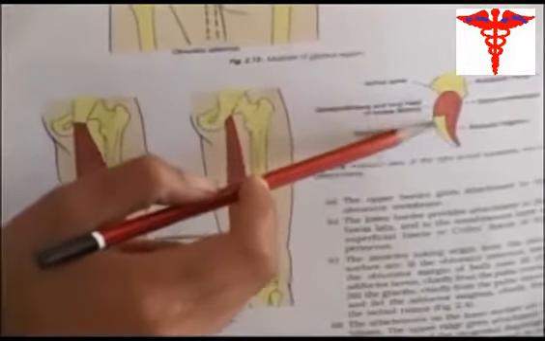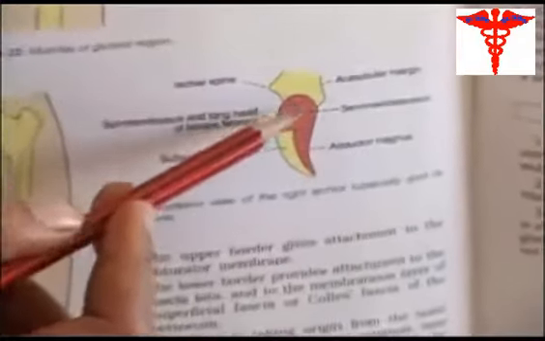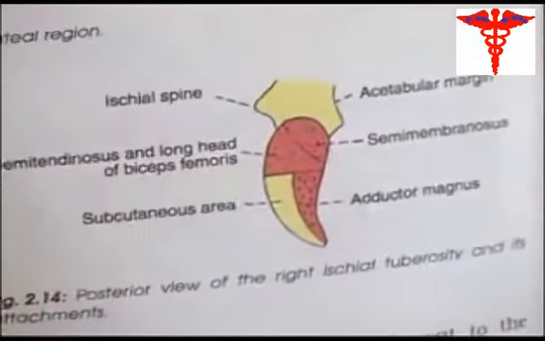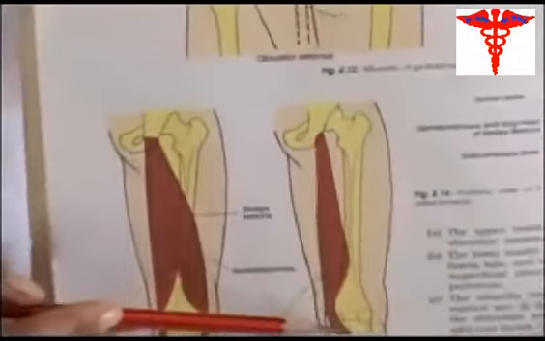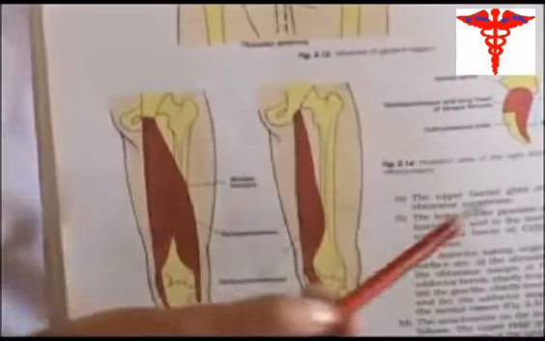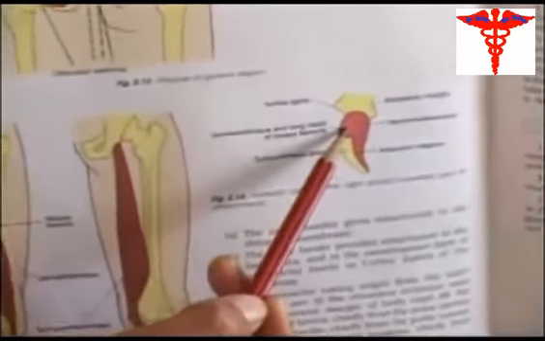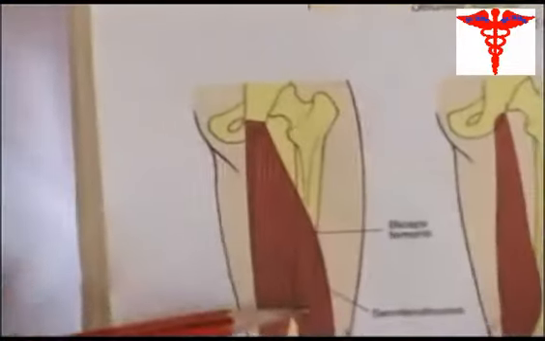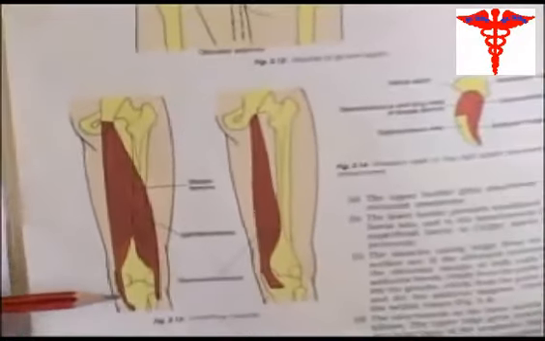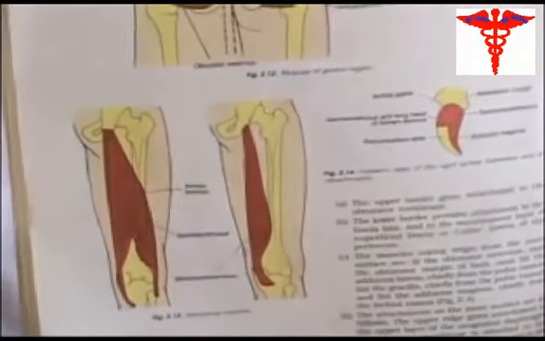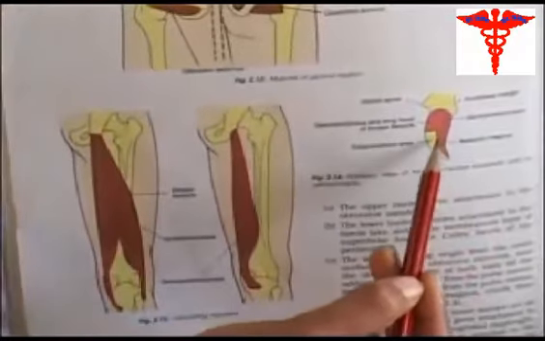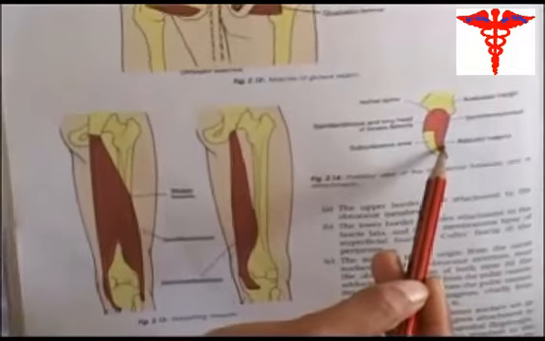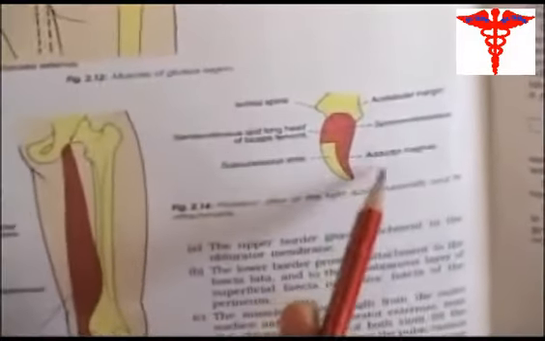Ischial tuberosity: the upper area, superolateral part, gives origin to the semimembranosus muscle. The inferomedial part gives origin to semitendinosus and the long head of biceps femoris muscle. In the lower area, medial part, there is a bursa on which one comfortably sits, and the lateral part gives origin to the ischial head of the adductor magnus muscle.